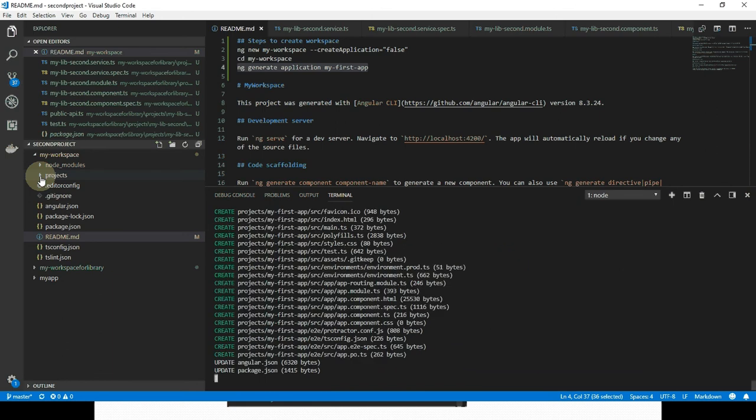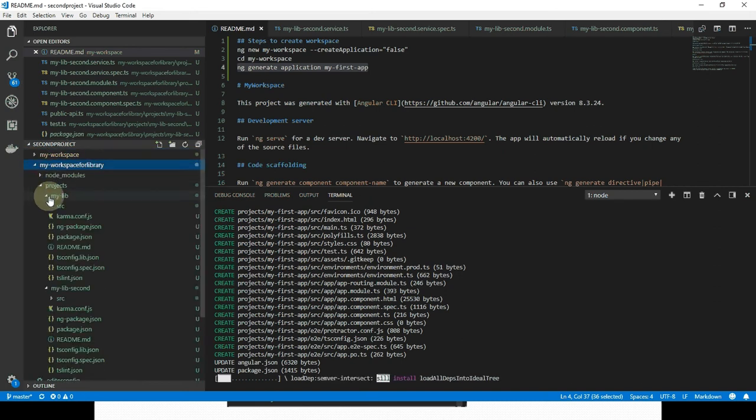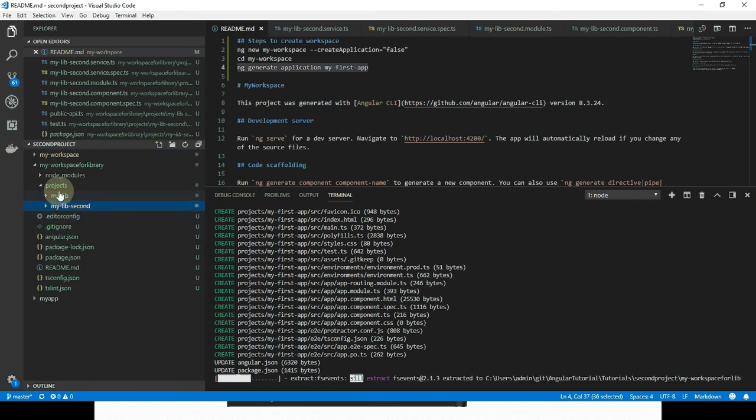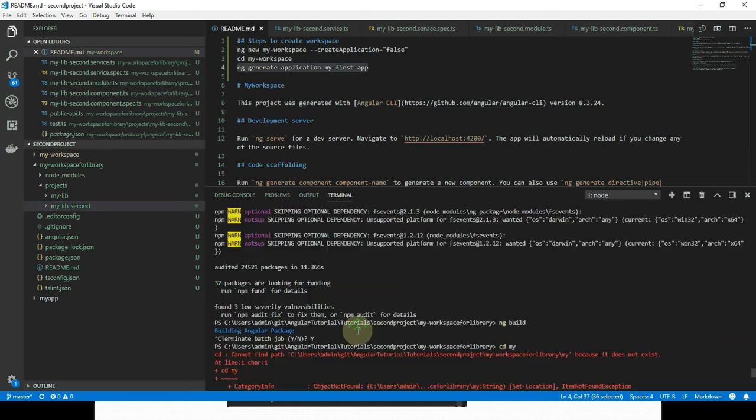By default you can select CSS. This is creating the project. It will take some time. Just wait for a minute.